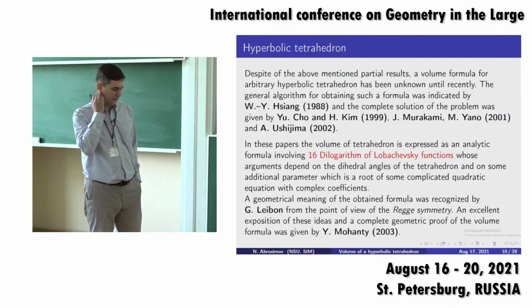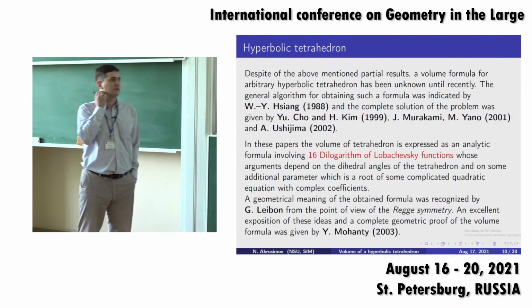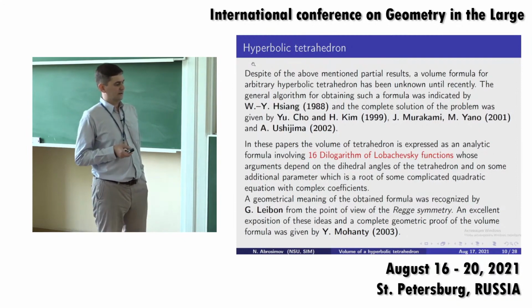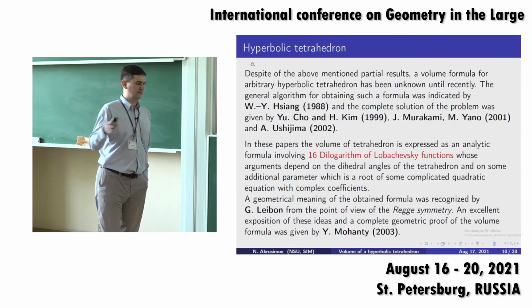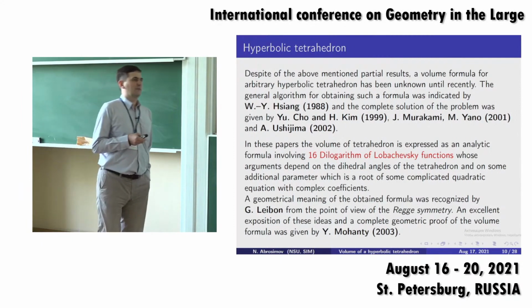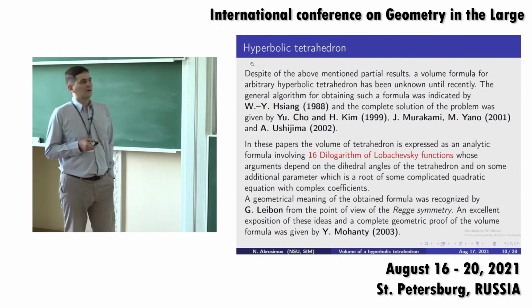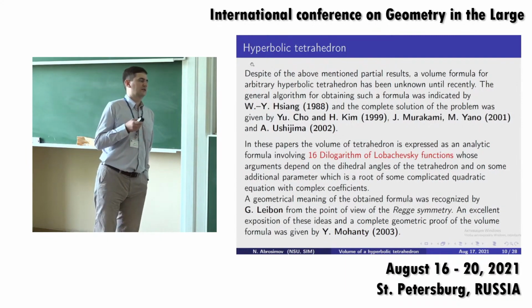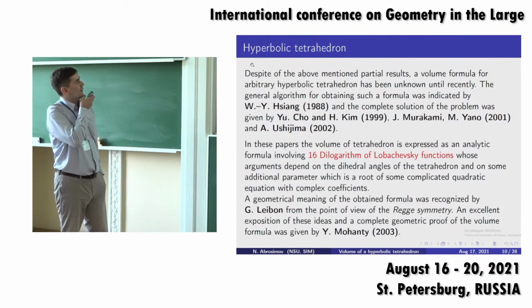But the formula given by Cho and Kim was not symmetric in the sense of rearranging the arguments. Then Jun Murakami and Yano found a symmetric formula, and Akira Ushijima found a